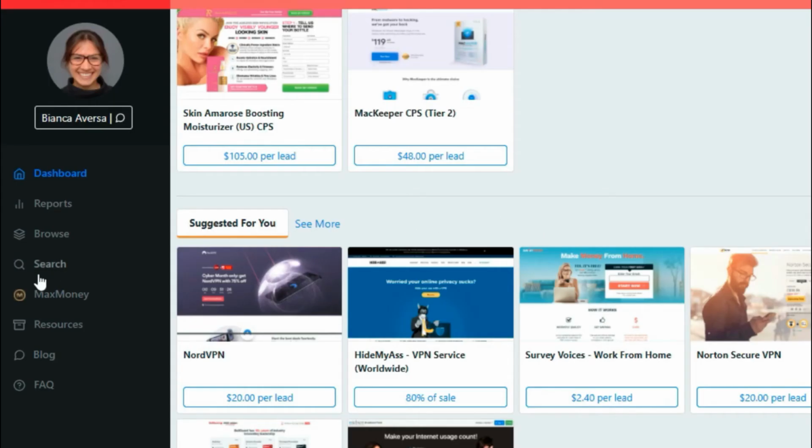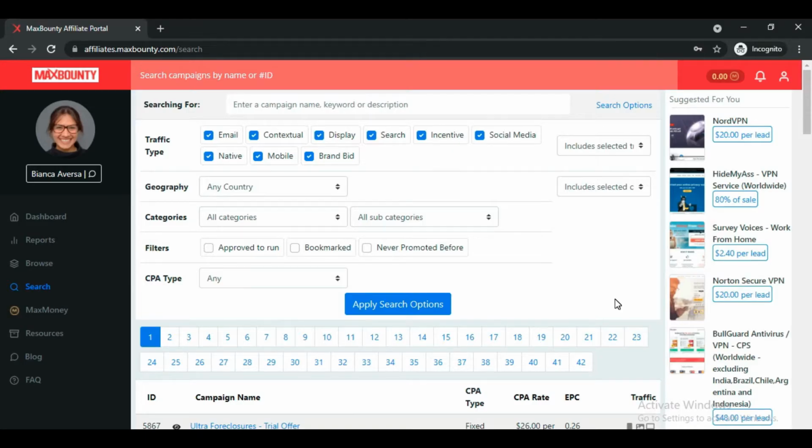To choose the offer, you have to simply click on the left hand side search button here. Once you click, the next step is that we have to choose the offer according to the traffic source that we are going to use today to promote our offer. The traffic source is called Solo Ad, and Solo Ad is basically based on email traffic. We will be giving our product to someone who has a large email list, and they will be promoting our offer using that email list.